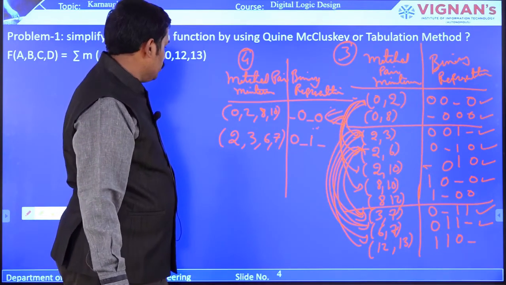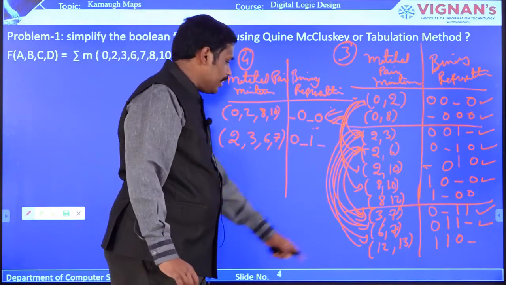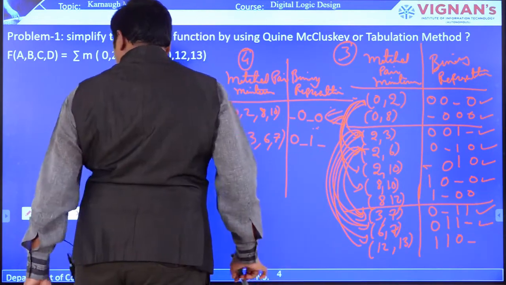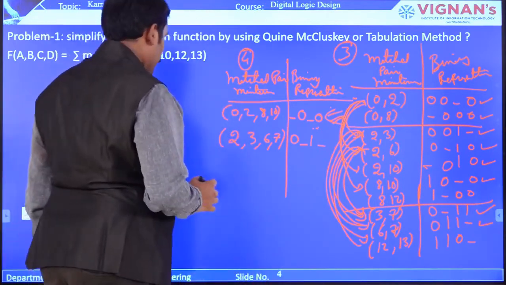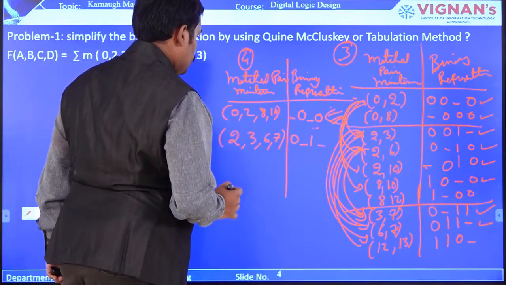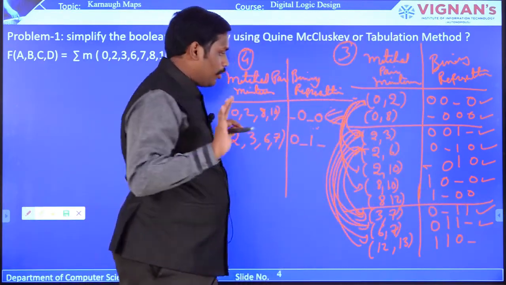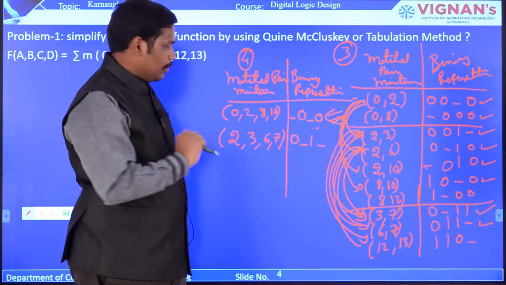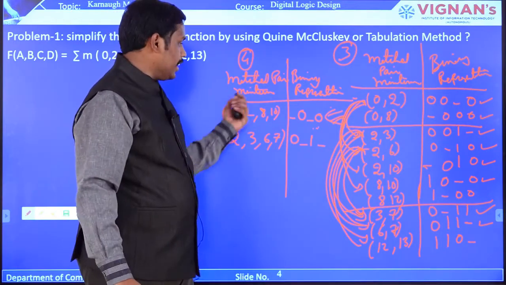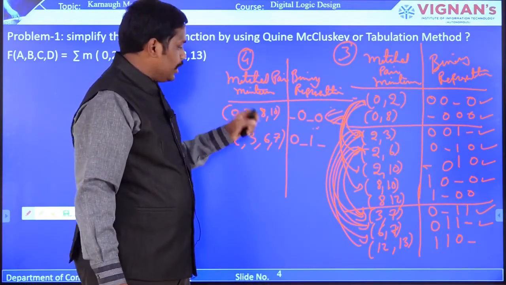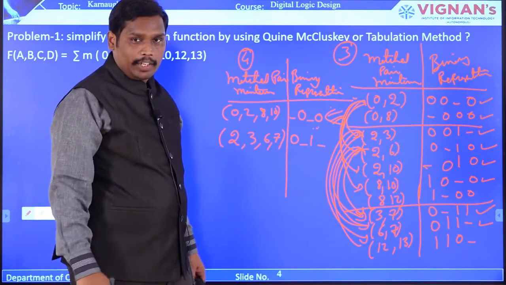So the left out minterms are total, so here also we have left them. So 1, 2, 3, 4. So 4 minterms. We have not extracted any other matched pairs. So these 4 are called prime implicants. Okay, did you get it?